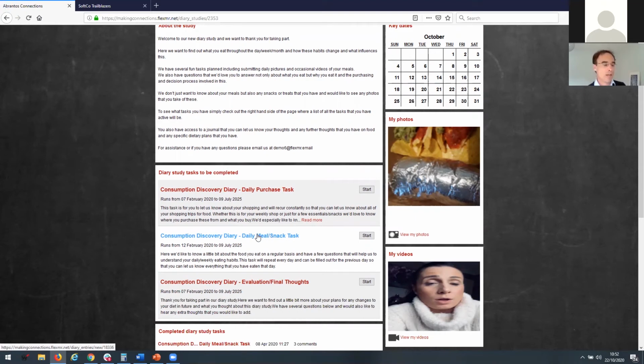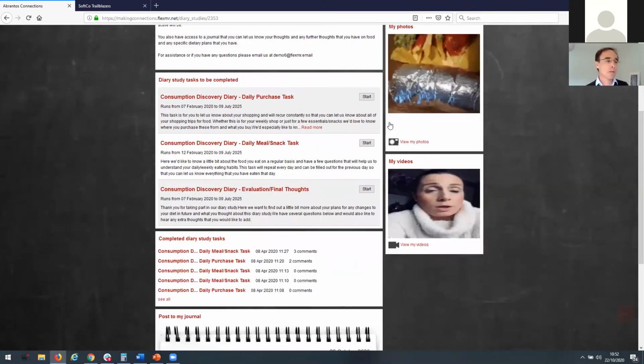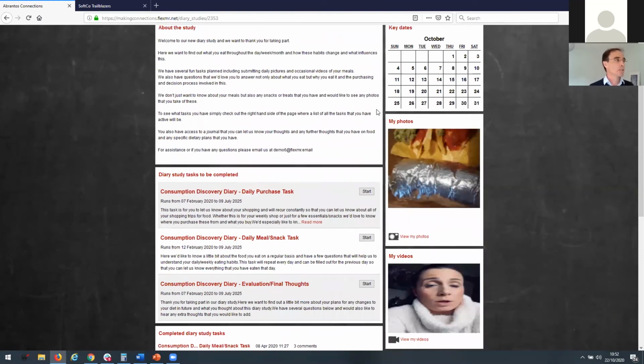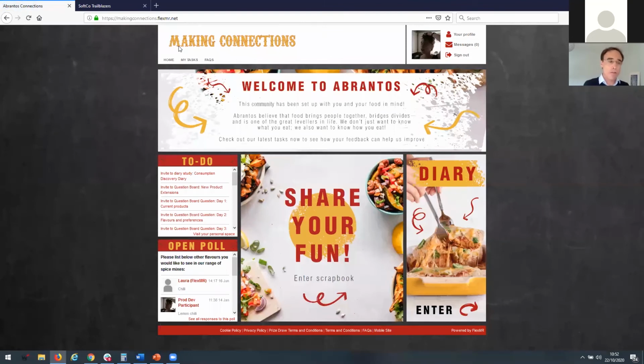Really let your creativity move with a diary study. You can have a completely open-ended journal, and you can have people uploading photographs and videos in there. So through that diary study, for the 20 people, I'm going to get a very, very rich picture. But to add a little bit of scale, remember I've got those 20 and another 30 answering some broader questions in that question board. What you don't want to do in an online study like this is try to cram everything into one method and try to cram all the objectives into a diary study. Move some into different things.